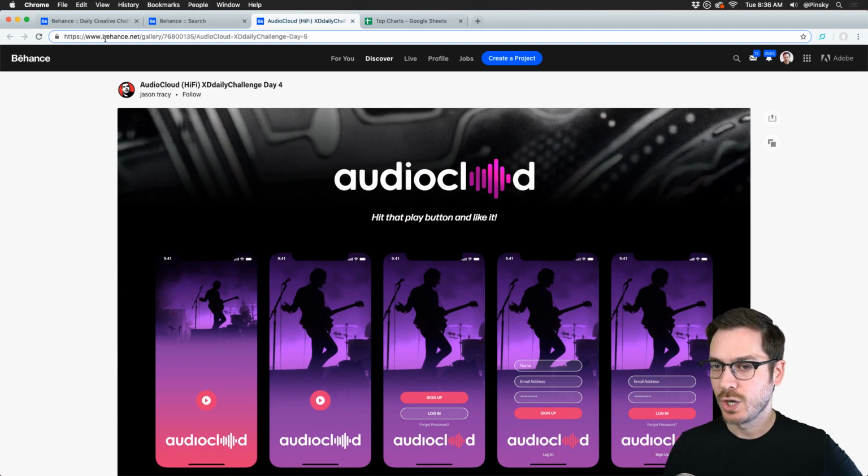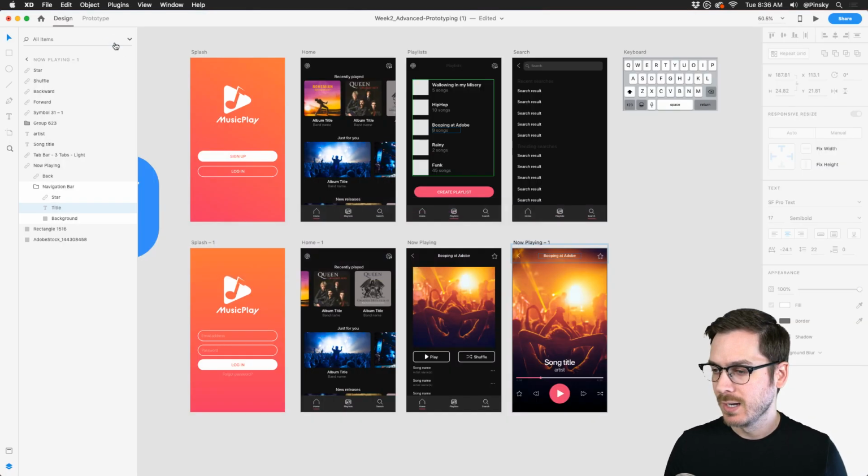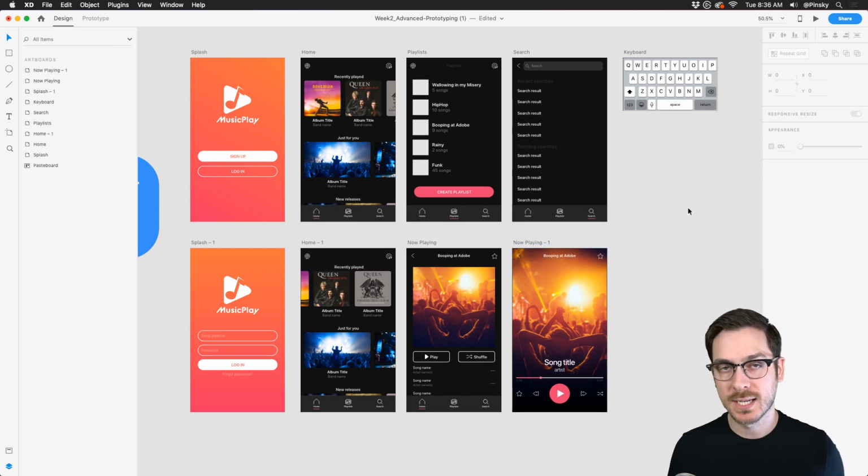All right. So with that being said, let's hop over to Adobe XD and let's tackle a few things. So here is kind of what we accomplished yesterday. And looking at this after looking at all of your amazing work that you've uploaded to Behance, this looks pretty terrible. But I only have half an hour every single morning to push through this stuff, so you'll have to deal with it. Definitely Daniel's and Jason's and Maf's are much better than mine, but we'll work on it.